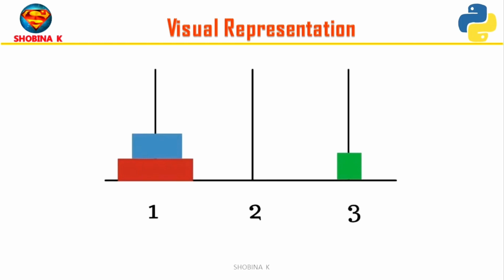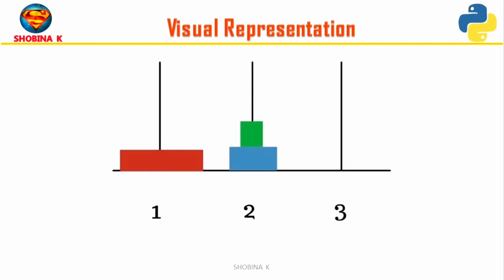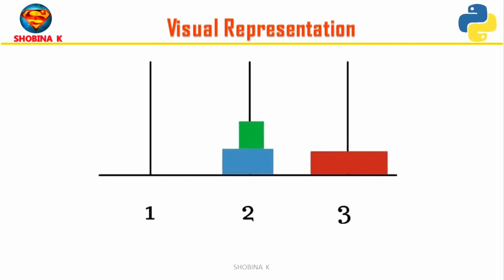Next, the uppermost disk on rod 1 is the blue colored disk, which is shifted to rod 2. Now the smallest disk on rod 3 is shifted back onto the top of rod 2. So now the largest red disk is allowed to be shifted from rod 1 to its destination rod 3. Now the 2 disks on rod 2 have to be shifted to their destination rod 3 on the top